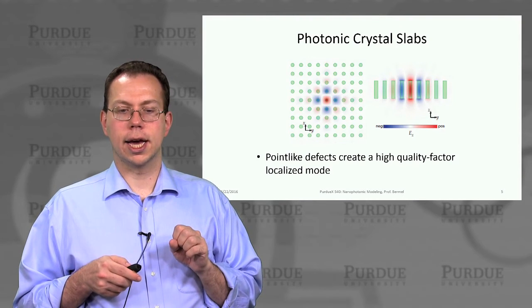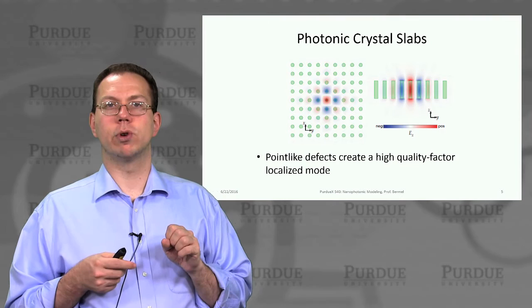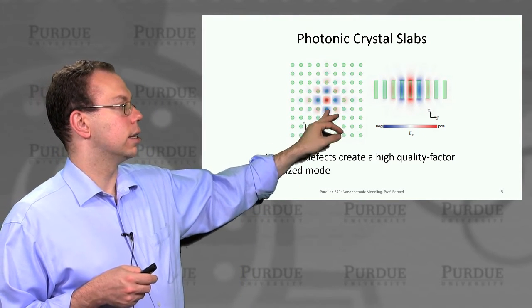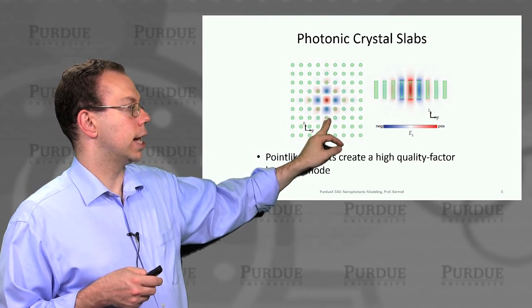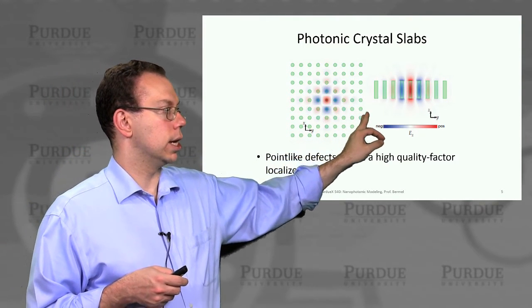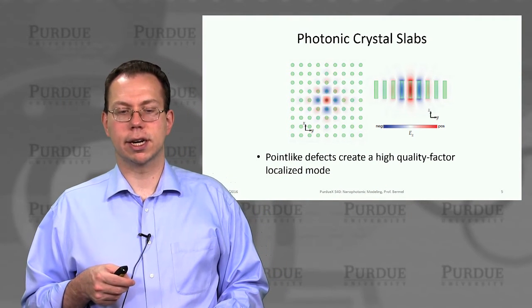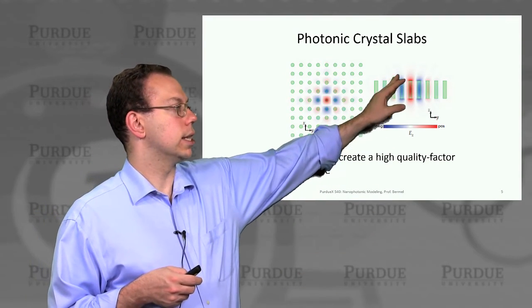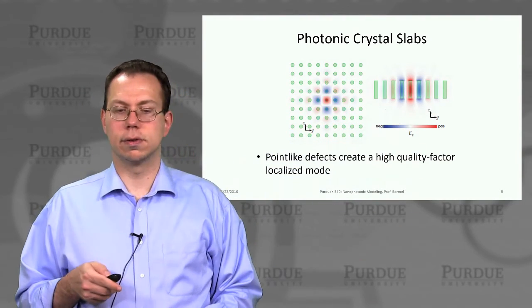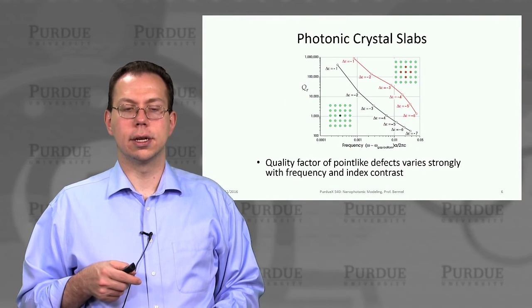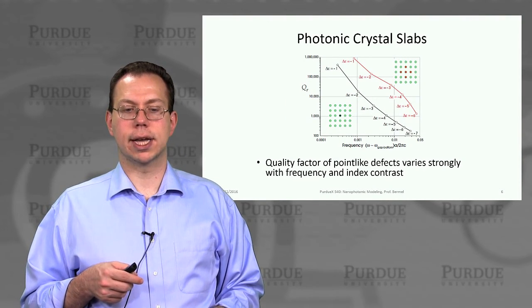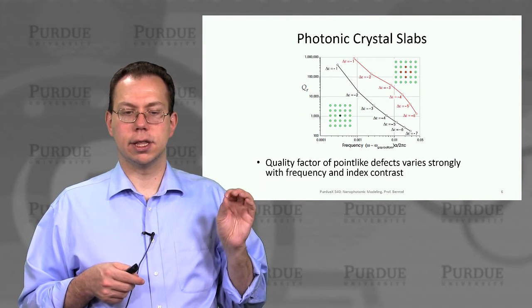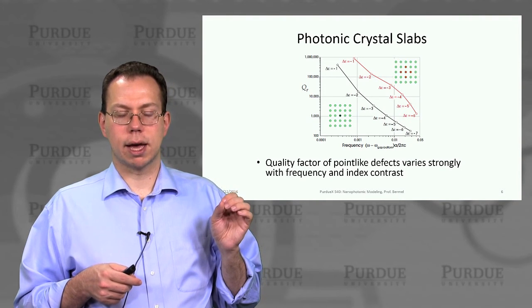And here, again, it's a very similar concept as before, except we just have a point-like defect instead of a line of defects. And you can see that, again, light will be attenuated in both the x and y directions as we step away from this defect that's in the middle, which is shown in red. And then again, from the side view, you can see that it's also confined in the z direction, which is good. And then what's really interesting about these point-like defects is actually the quality factor is very dependent on the shift in the effective epsilon associated with that point-like defect.